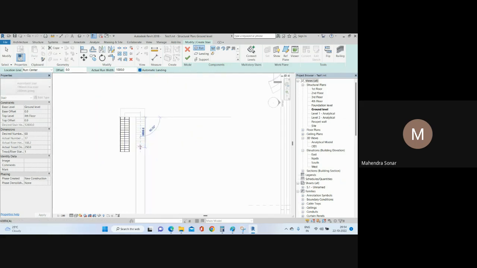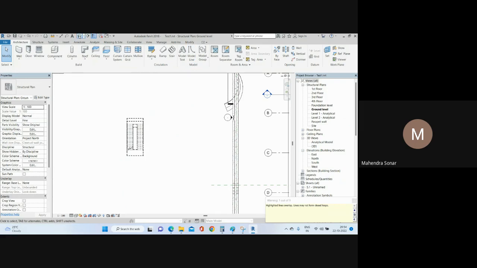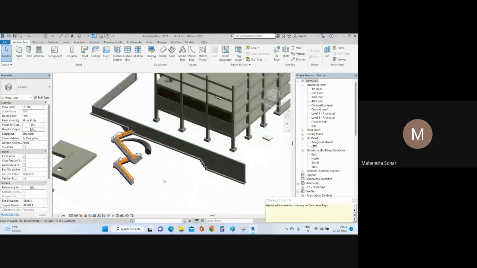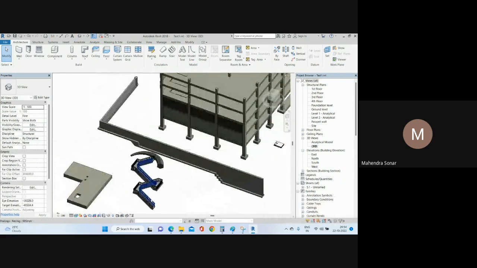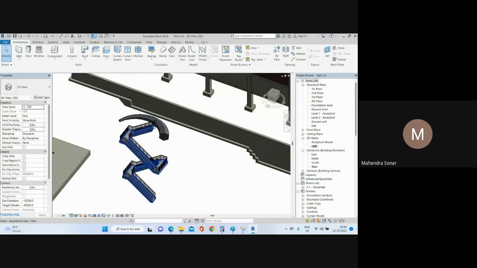टेक्स्ट इधर है, ओके। सो ये अब तक अब आ गया मैं, सो 17 हो गया। सो ये भी 17 राइजर, यानी कि 34। उसके बाद वापिस यहाँ से स्टार्ट करूंगा, यहाँ से एंड करूंगा, उसके बाद यहाँ से स्टार्ट करूंगा और यहाँ पे 0। ओके, ये मेरा स्टेयर हो गया। सो इफ यू लुक एट इन 3D व्यू, ये देखिए आपका स्टेयर रेडी। ग्राउंड, ये आपका ग्राउंड फ्लोर, फर्स्ट फ्लोर, सेकंड फ्लोर, थर्ड फ्लोर एंड फोर्थ फ्लोर।